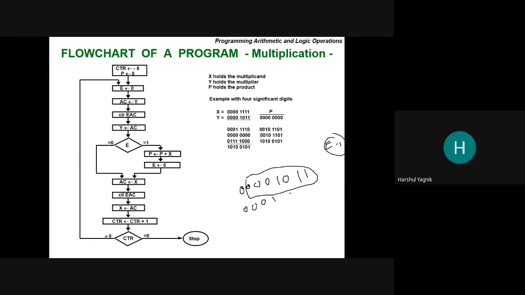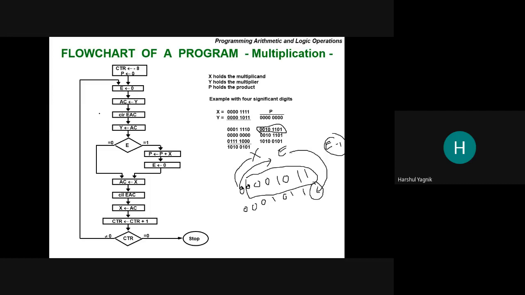No. This bit will then be assigned to E flag, overflow flag, and the overflow flag, whatever is its value, that will be placed over here, whether 1 or 0. You can see over here, example it is given, right? The value of overflow flag affecting the LSB. Then, let me just take my pointer back.